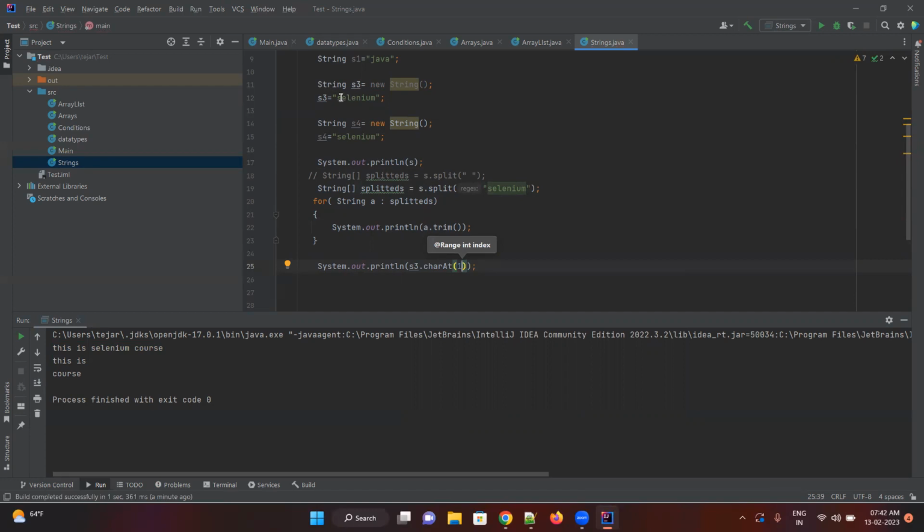E, right? 0, 1. The element is at index 1, the position is second. It goes 0, 1, 2, 3. If I run it now, see, I got E. So let's print